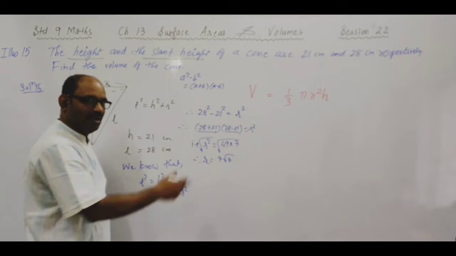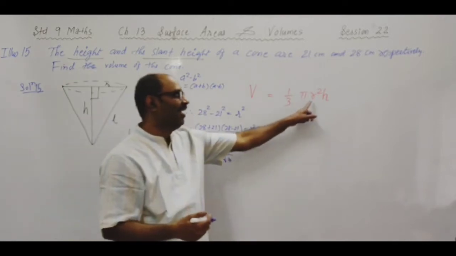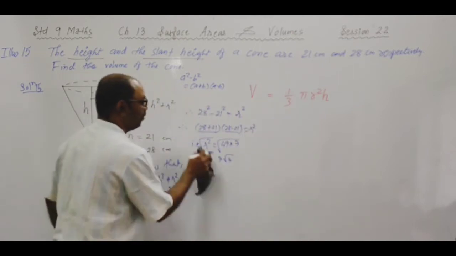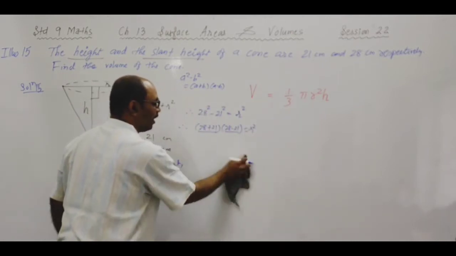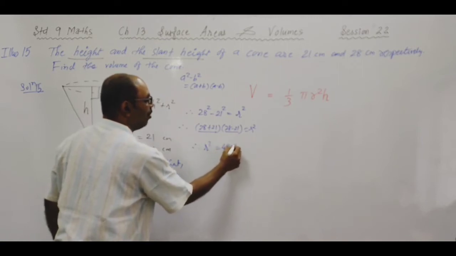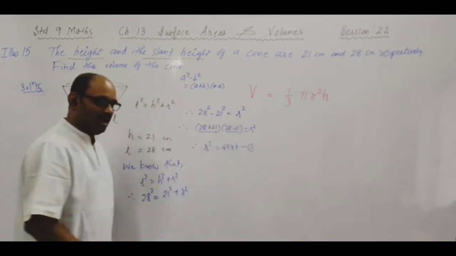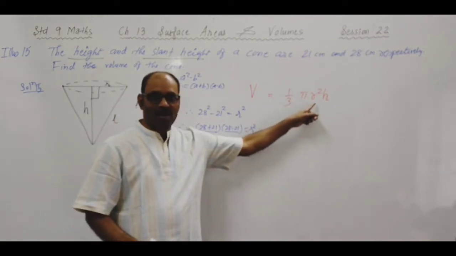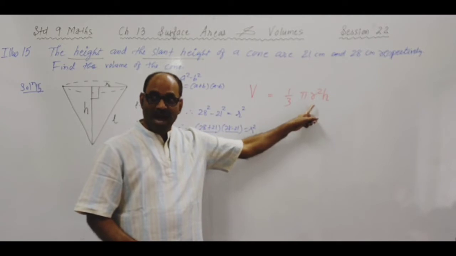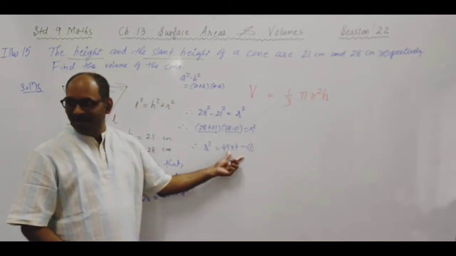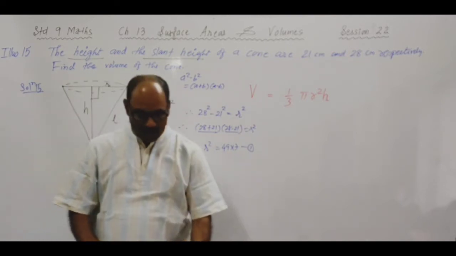Alright, but not to worry. In the formula it is r square only. So if you want, you can keep this only. So use a little intelligence, r square is okay. Therefore, what is r square? 49 into 7, call it the result. I'm not finding r because now I have to find the volume where I require the value of r or r square. So here it's r square. Straight away I'll put the value. Use your common sense. Okay.